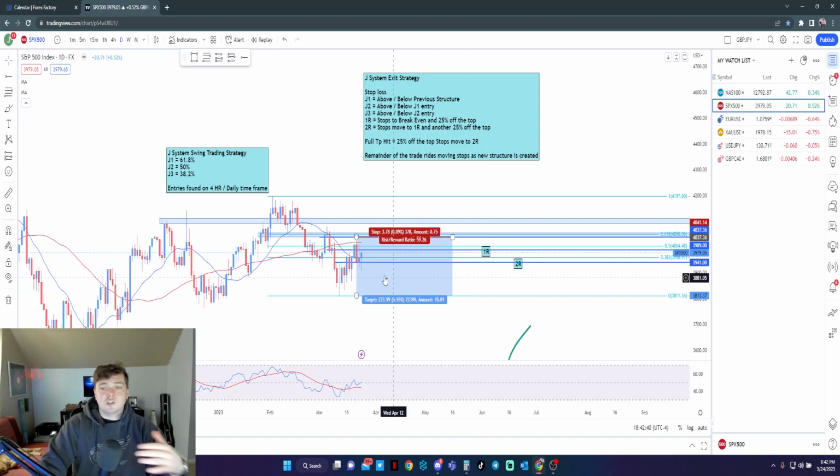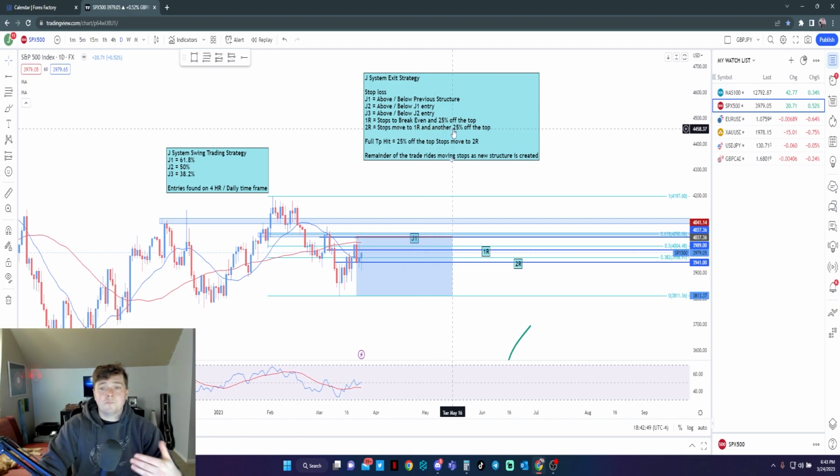So for me, we hit 2R on SPX. At 2R, our stops moved to 1R. Took another 25% off the trade. We got stopped out at 1R. We took 50% off the trade, and we got stopped out on the remainder of the 50% at 1R. So now what I'm going to start doing is I can say, hey,